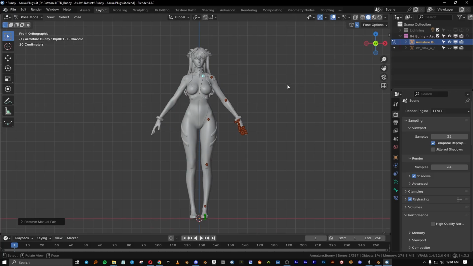I'm Rob. Today I'm going to be showing you a new add-on that I created with the help of ChatGPT Codex called Rig Mirror. What does this add-on do? Well,